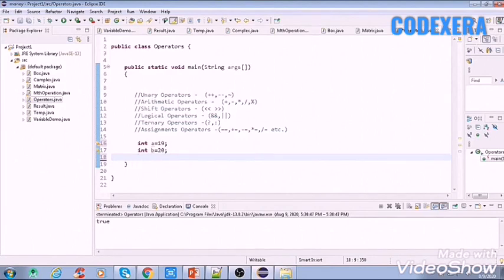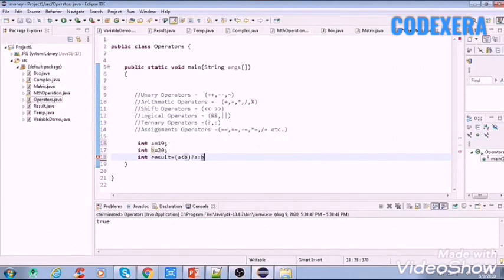Now we'll use one more variable which will give us an output, suppose result, and here we'll use our ternary operator, that is if A is smaller than B, then A, otherwise B.